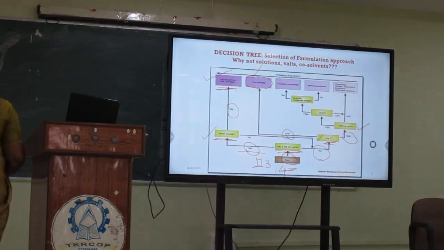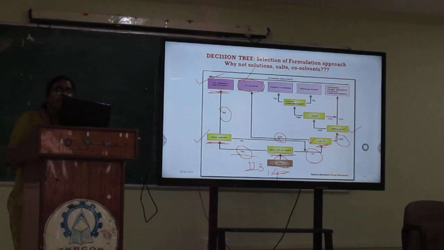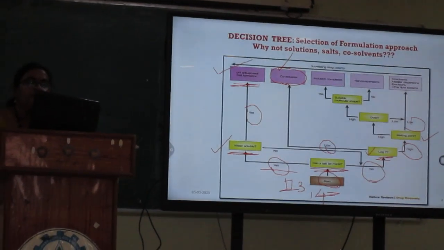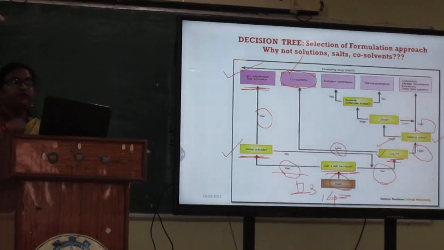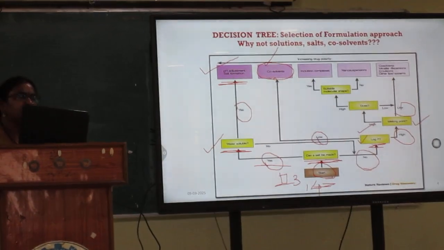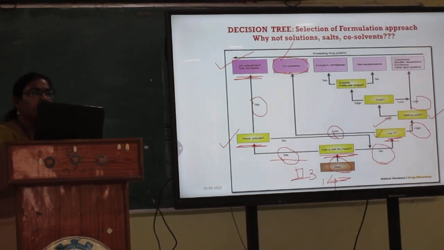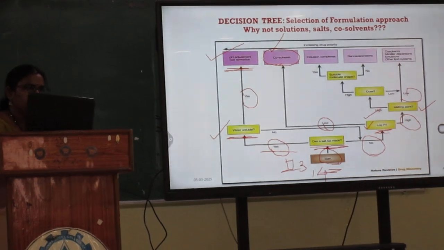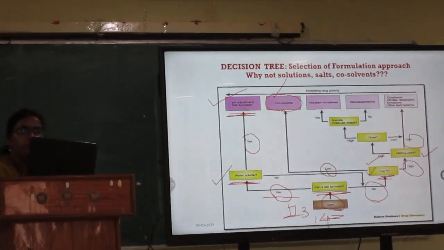Now, here I have written melting point low, melting point high. Now, low. Again, when I say melting point is low, low in the sense up to 60 degrees. If the melting point is up to 60 or less than 60, if the melting point is